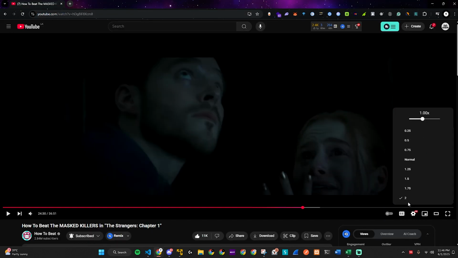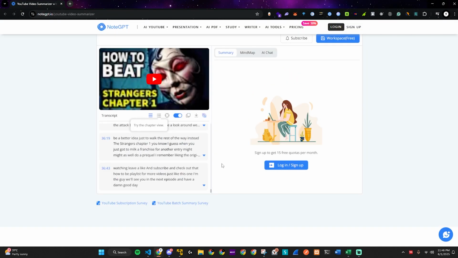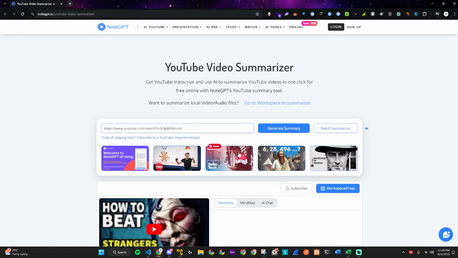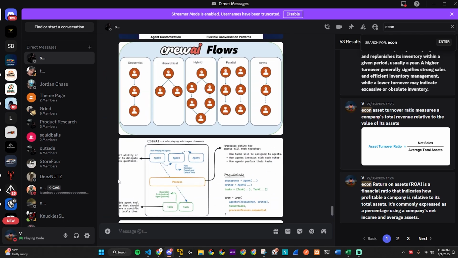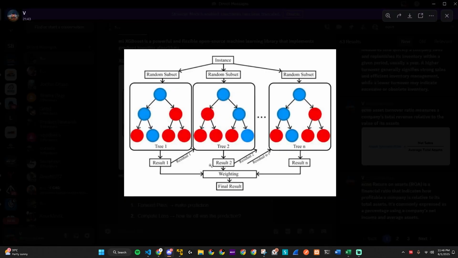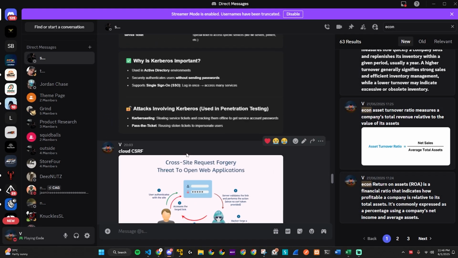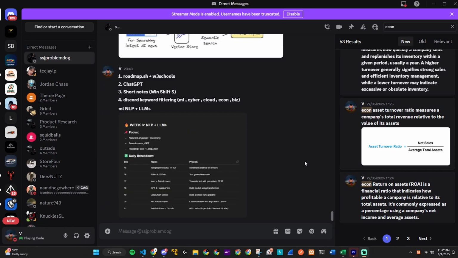And I also extract as much as possible in 2x. I get the summary generated, and once I do that, I pretty much understand it quicker and I save some time. And I grab notes from that as well, and then I put it over here. I also try to keep it as visual as possible, like this, so that way it goes in my head quicker. And I missed one more thing.